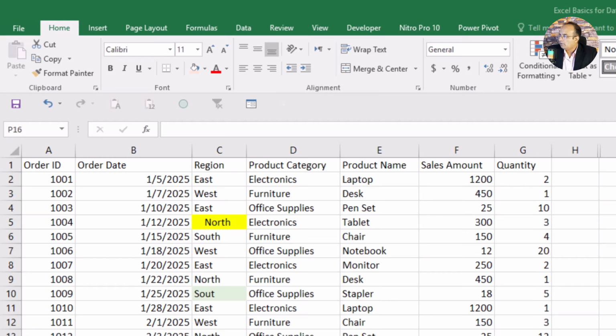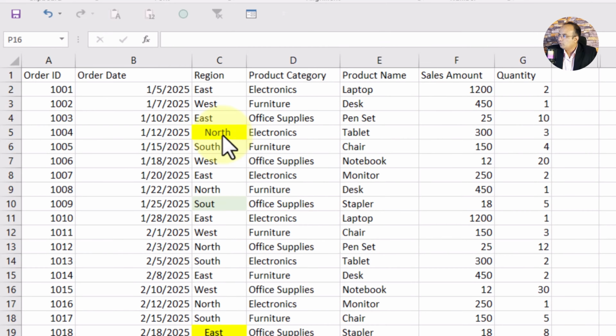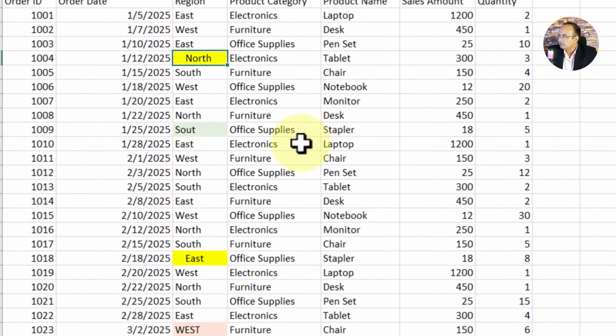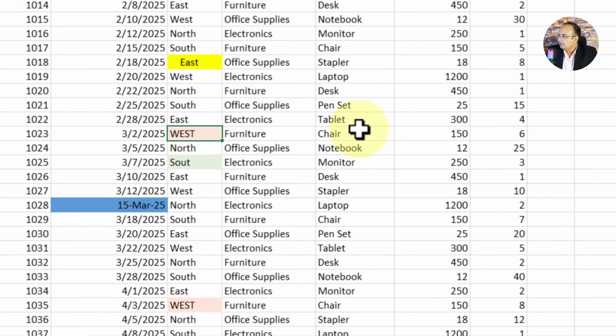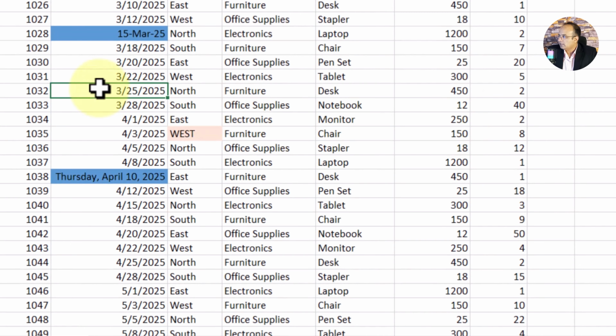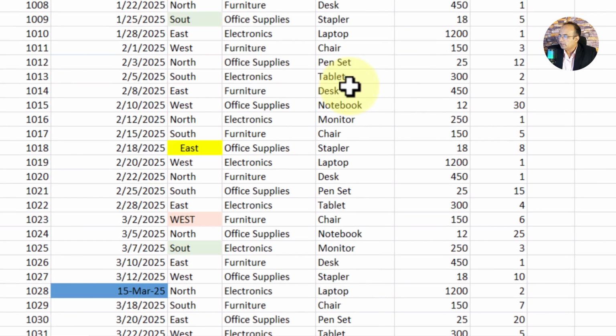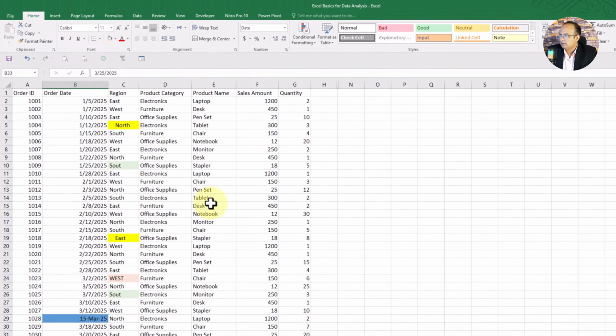If you see, our data is not properly arranged and it is not as per standard practice. There are few values that contain extra spaces, some of the values that have wrong spellings and some of them have proper, improper letter case, and also if you see that our dates are not in a similar format. And also there may be some duplication in our data set. We need to remove all these to make our data consistent and standardized.